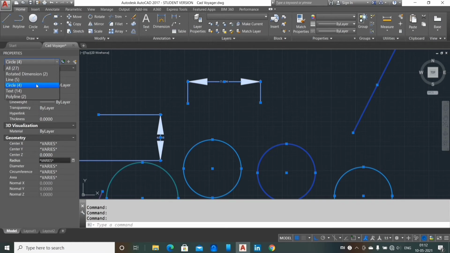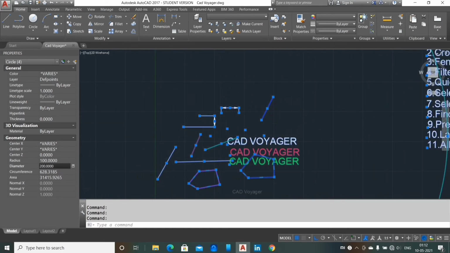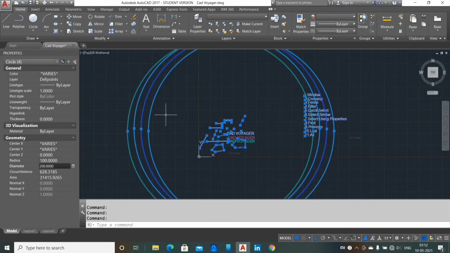I am setting the circle option to work in the circle, and I am changing the radius. I can give 100 now. See what happens now. While I click 100 and press OK, the circle disappears. Actually it doesn't disappear, because the circle got big. So I have to zoom out and I will show you. This is a bigger size, I don't need it, so I am entering just a 10, and the circles return to the old size.